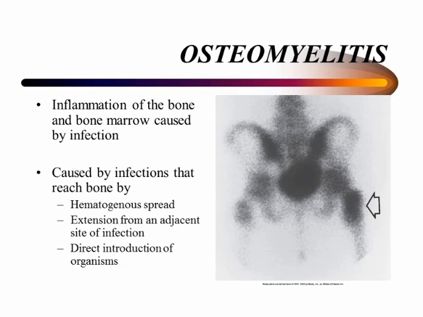Osteomyelitis is an inflammation of the bone and bone marrow caused by a broad spectrum of infectious organisms that reach bone by hematogenous spread, by extension from an adjacent site of infection, or by direct introduction of organisms after trauma or surgery. Because the earliest changes of osteomyelitis are usually not evident on plain radiographic images until about 10 days after the onset of symptoms,